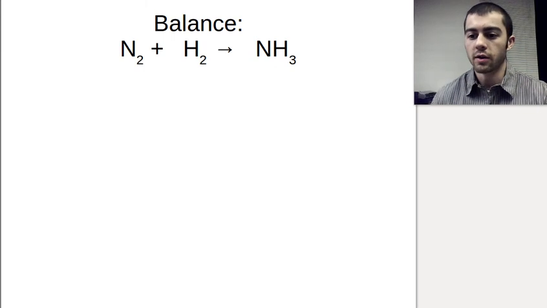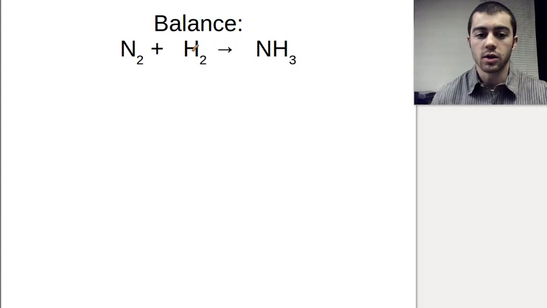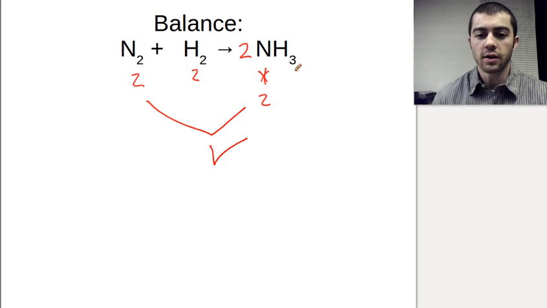So far we've been just verifying equations to see if they're balanced or not. Now we're going to try just balancing them like we've kind of already started to do. So if we start here, we've got 2 nitrogens and 1 nitrogen. So what we need to do with this is throw a coefficient of 2 in front of this NH3 ammonia. So now we have 2 nitrogens, so 2 and 2, that checks out. Hydrogens, we have 2 on the left, and now because we've added this 2 here, this is going to count, and we have 2 times 3 would give us 6 hydrogens. So again, these coefficients and subscripts get multiplied